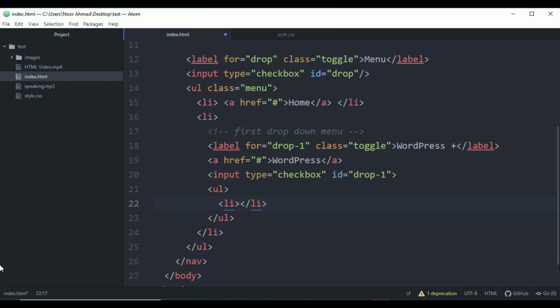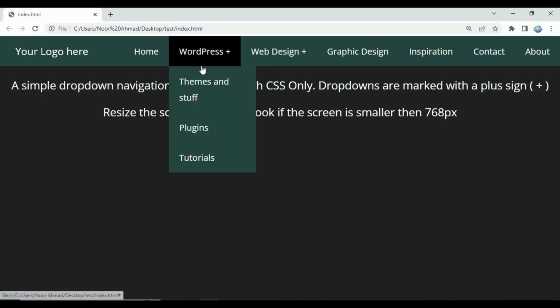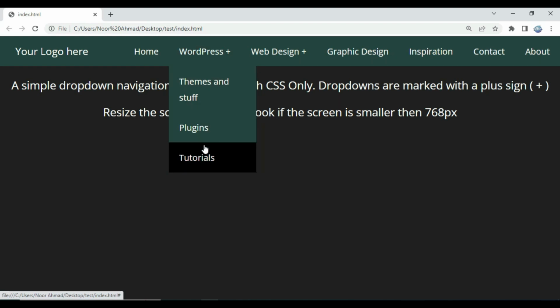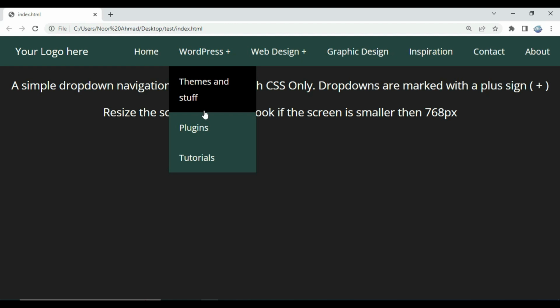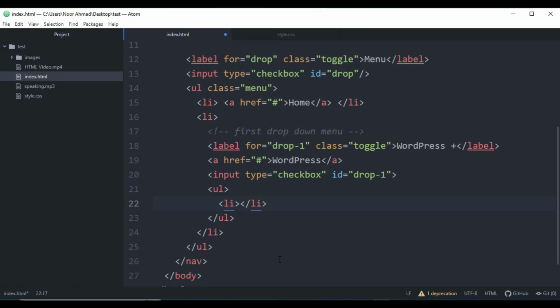So when we hover, as you can see, let me jump over. So as you can see, this is a drop down menu. When I hover the cursor, these menus pop up. So we're going to work on this section for now. And inside the LI element, I'm going to create